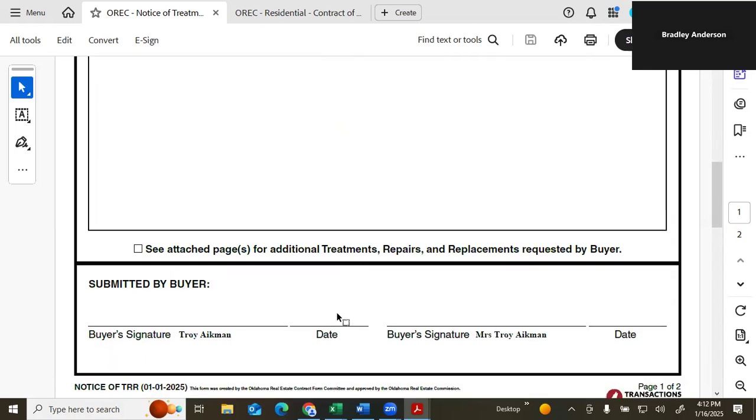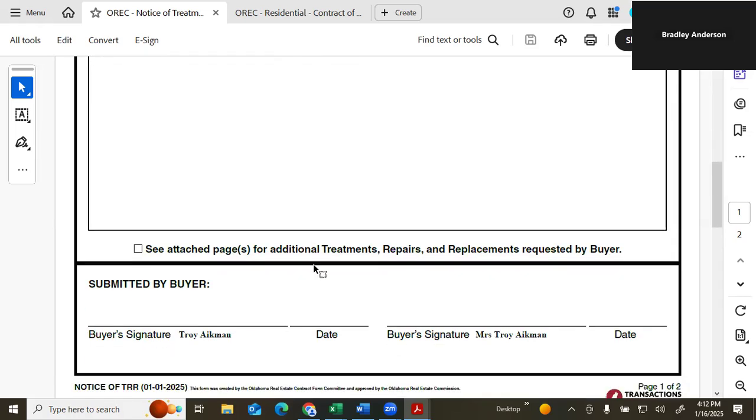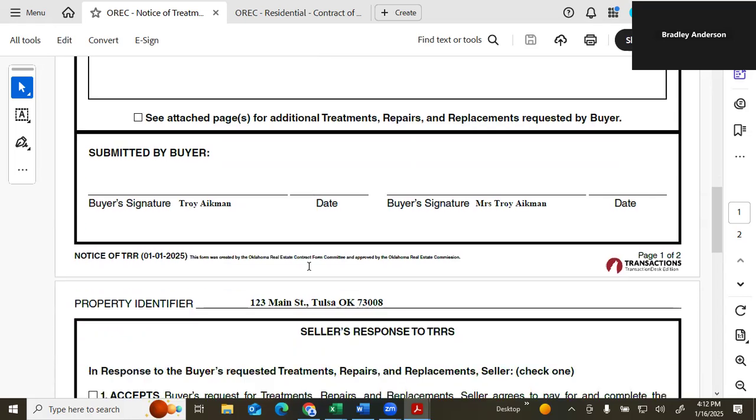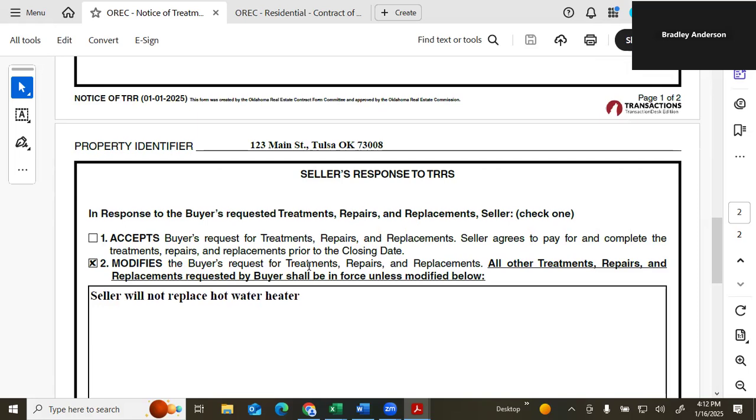And it gives you an option to attach another page if you have more stuff. But there's a lot of space right here, right? So you could probably get it done within that space. All right. The seller then gets this and